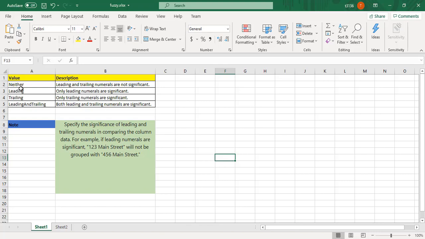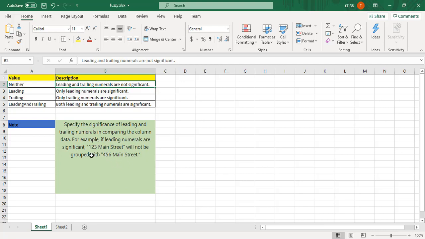First, neither: leading and trailing numerals are not significant. I have to explain the meaning of this sentence, so you have to look at this example. It specifies the significance of leading and trailing numerals in comparing the column data. For example, if leading numerals are significant, look at these two values, then these two values will not be grouped.